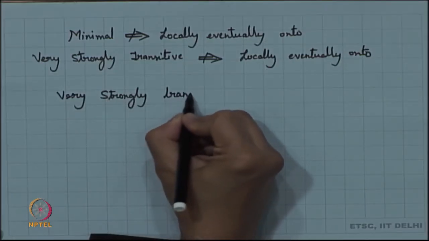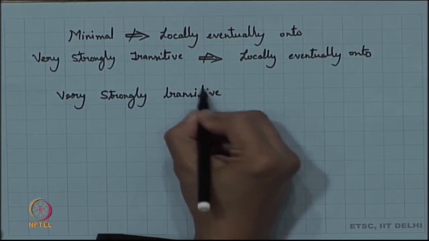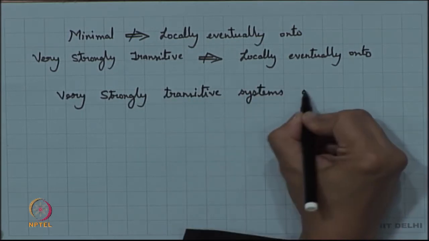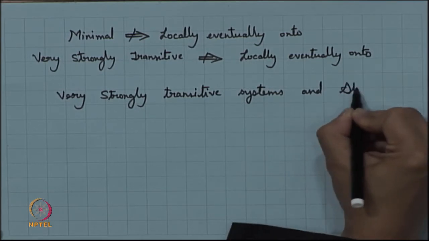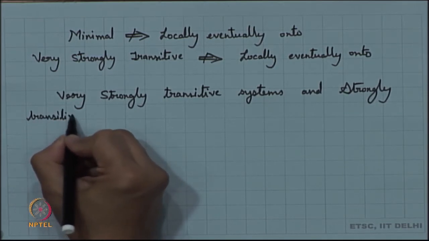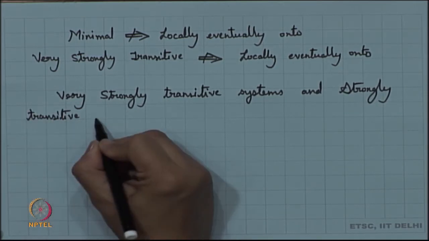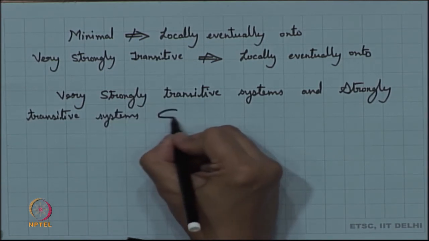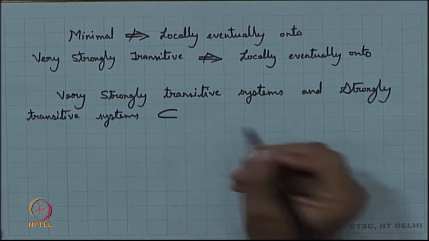So, very strongly transitive systems and strongly transitive systems are basically contained